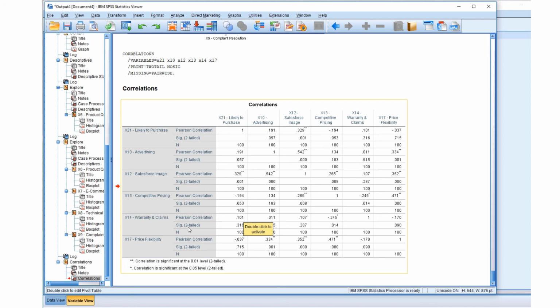Warranty and claims is another one here that seems to be fairly strong. So warranty and claims is correlated at 0.316. Price flexibility does not appear to be correlated at all with likelihood to purchase. Okay, and then we had that's kind of it. So that's all I want to do is look at this kind of briefly, because now